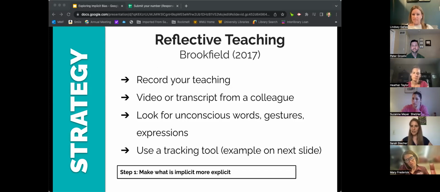And the kinds of things that you're looking for, it can really vary. So for example, one of the things that I like to reflect on is where I am in the classroom. So one time I had one of my teaching friends in the classroom. I just gave her a map of where my tables were, where the groups were. And I was just like, please just tally how many times I am at each table. And that was so interesting because I like to think of myself as equally talking with all these groups, a pretty uniform distribution of where I'm going to be during a class period. And the reality was that that actually wasn't true. There was a group that I was talking to way less frequently than some of the other groups.